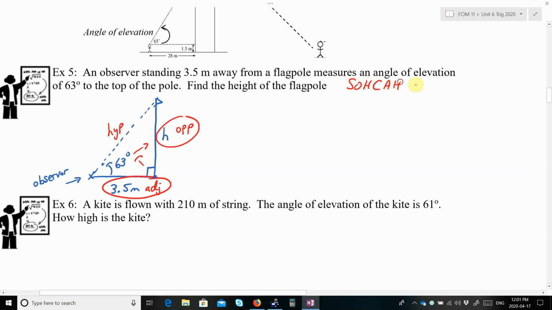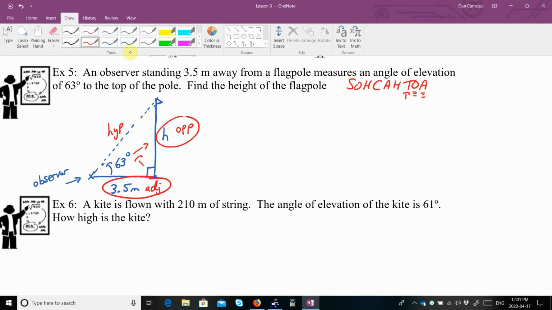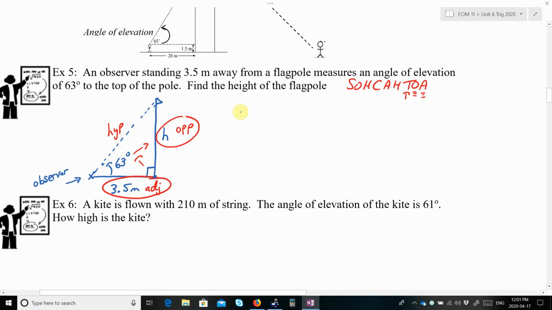Which trig ratio deals with opposite and adjacent? There's opposite, there's adjacent, comes from tan. Okay, so we would say that tan of 63 degrees is equal to h over 3.5,